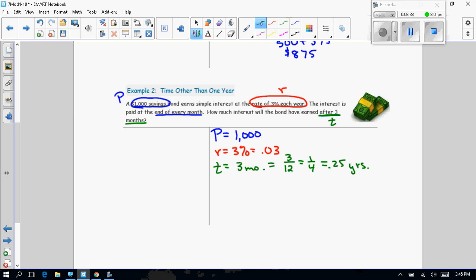So then I'm just going to type this in, and I want to know how much interest, right? How much interest? So I'm just looking for I = PRT. So the interest is equal to 1,000 times the rate, which is 0.03, times the time, which you can use as 1/4 or 0.25, and you just grab your handy dandy calculator and you find out that the interest is equal to